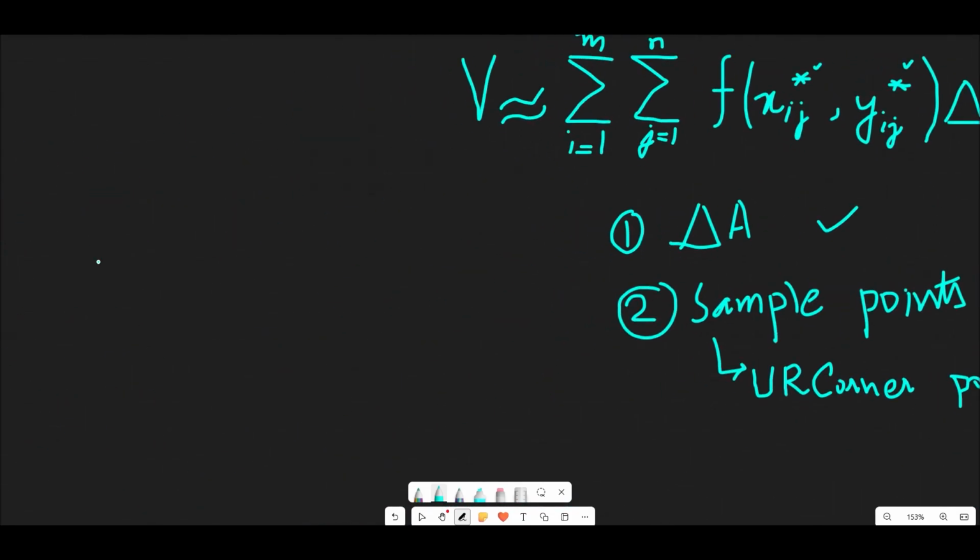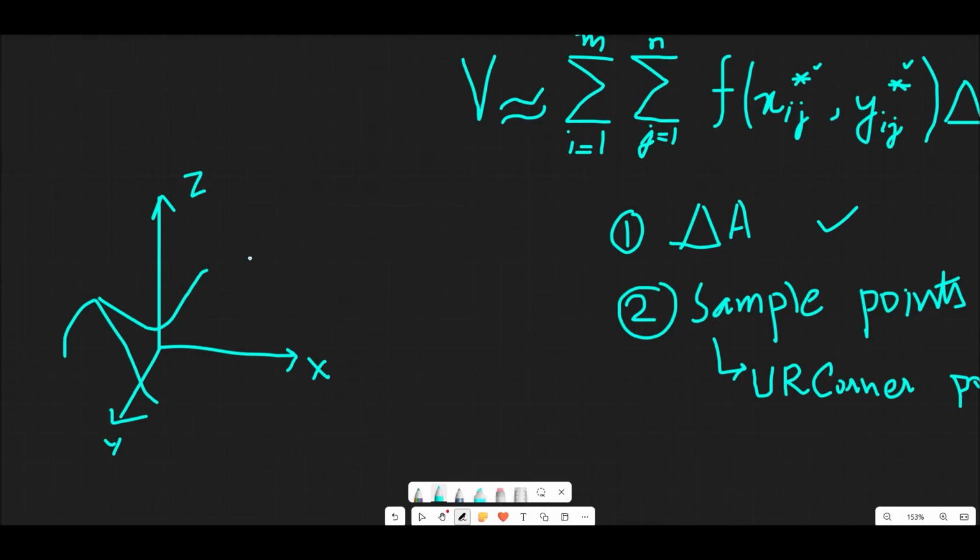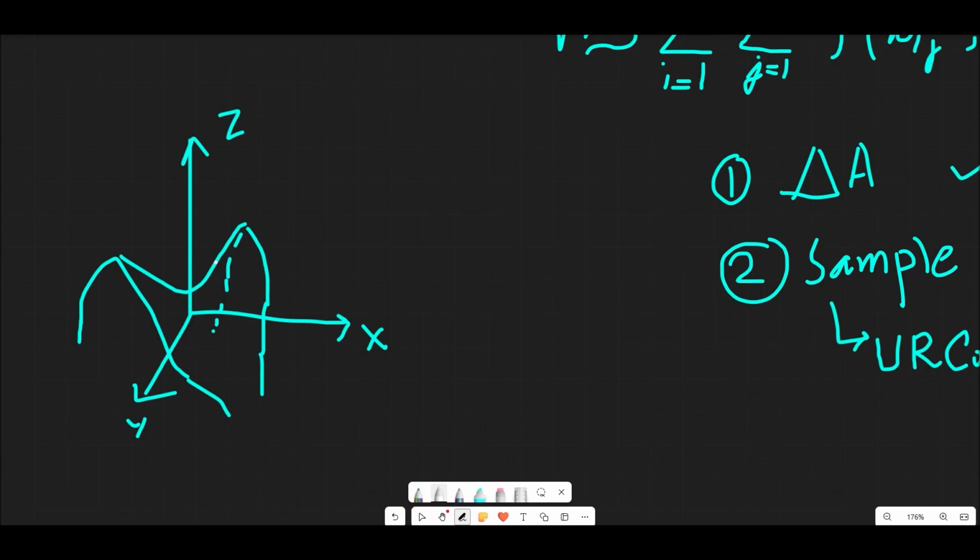Basically, z is equal to xy, as you know. Here are the coordinates, and this is x, this is y, and this is z. So it looks something like this. Sorry. So this is our surface we have been given, the surface which is z equal to xy.